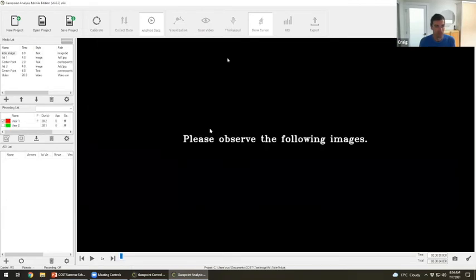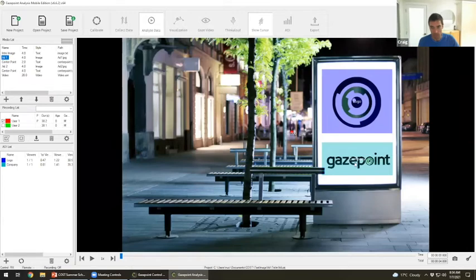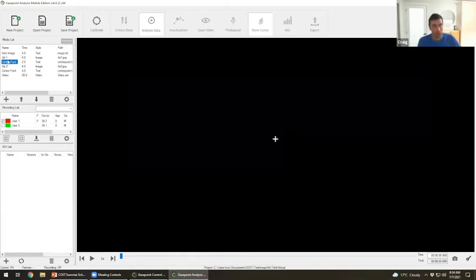These are just some stock content. So we have here text. We have here a Gazepoint advertisement, which is not real. It's just to show you a logo and a brand. And then we have a transition slide. So if you are interested in what people look at first, then if you have multiple images,